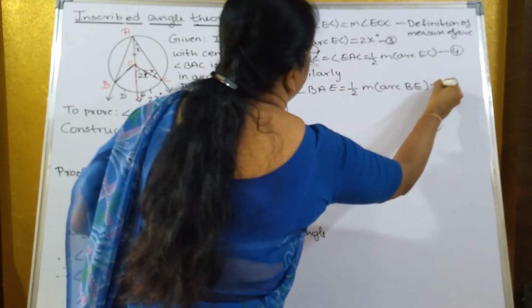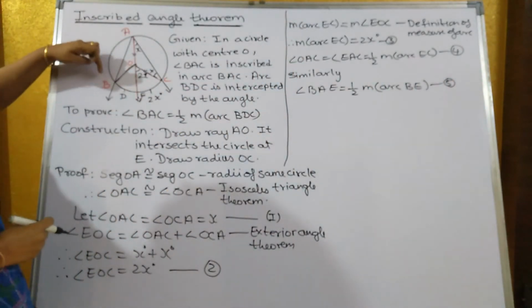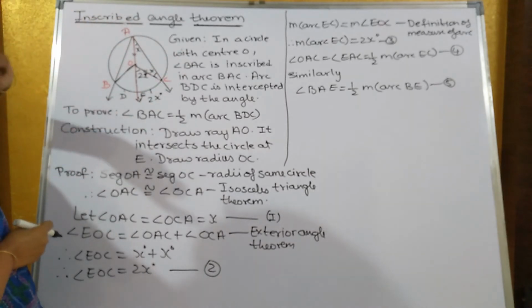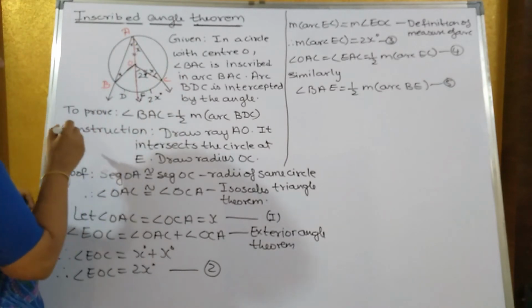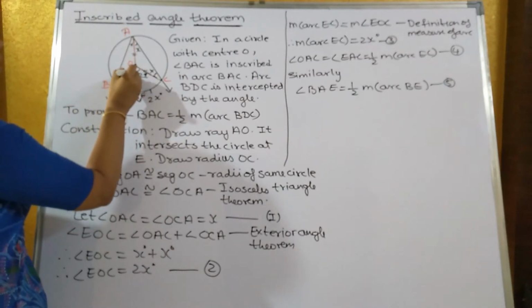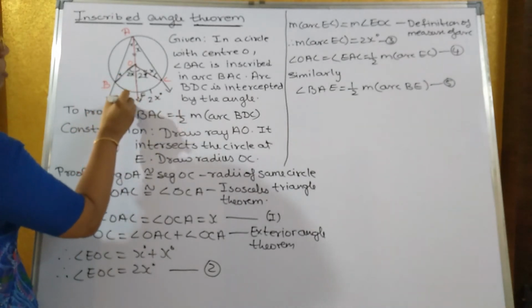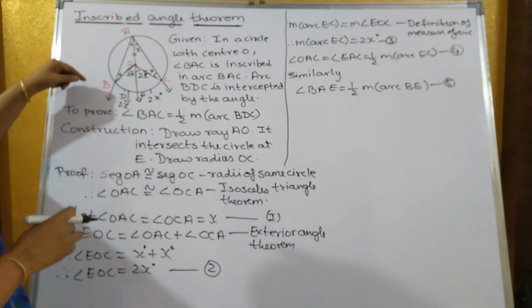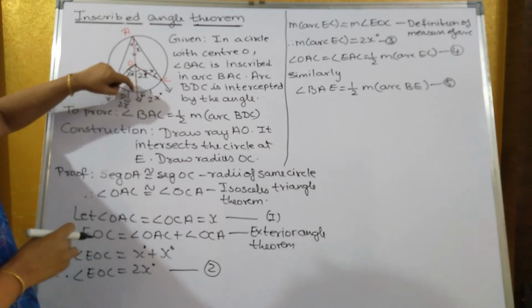Let this be 5. तो अगर अपन ने OB को ज्वाइन किया, तो जैसा अपन ने उधर प्रूव किया, OB और OA इक्वल हैं, रेडिया ऑफ द सेम सर्कल, तो ये एंगल और ये एंगल इक्वल हो गए, आइसोसेलेस ट्रायंगल थ्योरम। ये एक्सटीरियर एंगल हो गया, तो ये हो गया 2x. तो अगर ये 2x है तो ये भी हो जाएगा 2x. तो जैसा अपन ने इधर प्रूव किया था वैसे इधर भी। सो BAE विल बी हाफ ऑफ आर्क BDE और BE.